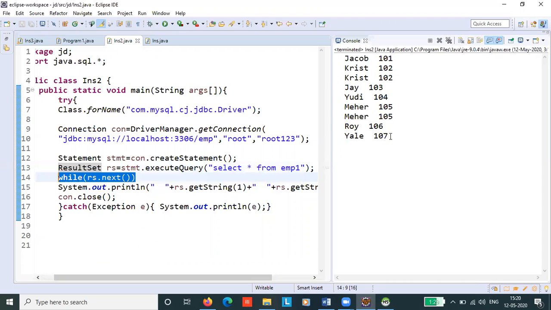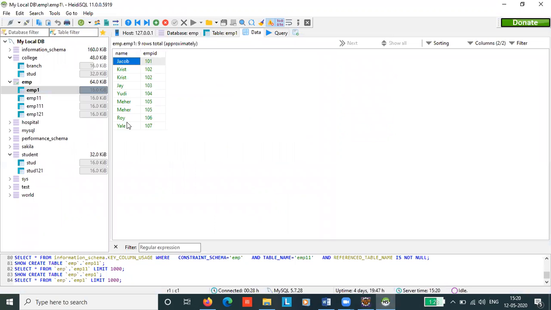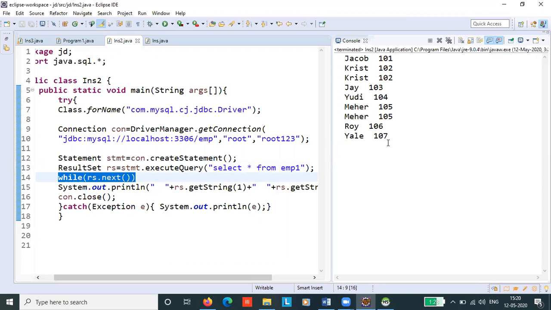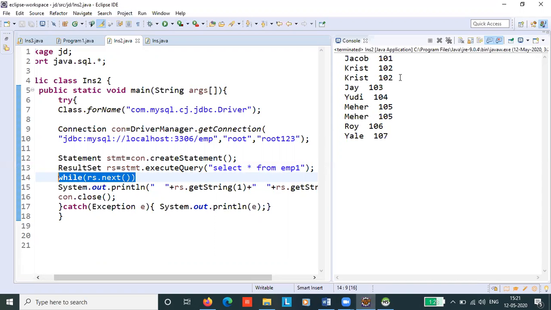When I run this program, again, we can see the contents of the table EMP1 on the console. We have inserted a few values into the EMP table and we are able to access the table and display the contents on the console as well.